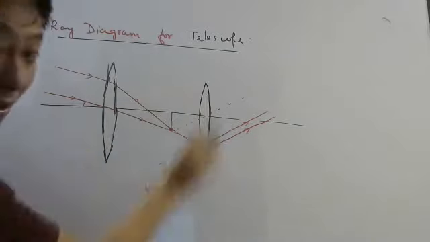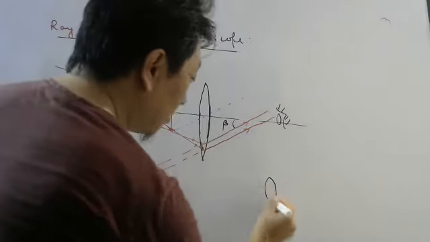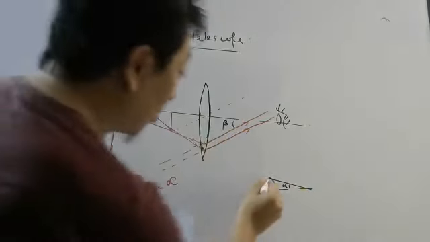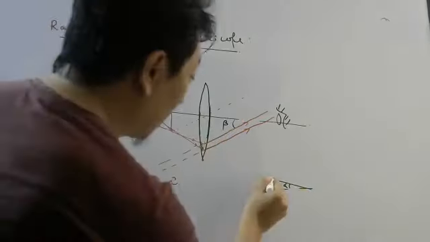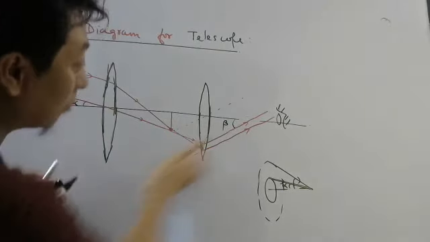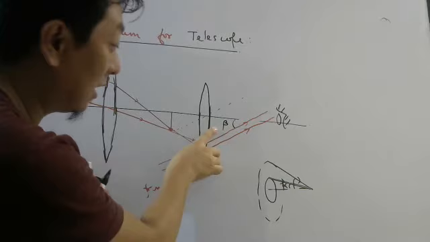Now your eyes will be here, no, now. So you can see these rays are coming at what angle? Some other angle, beta. And if you look carefully, this angle is much larger than this angle. Understood or not? So without the telescope, if this is your moon, the angle was this much. With the help of the telescope, these light rays have been made to go like this, beta. So the image of the moon will appear bigger because the light is now falling at a bigger angle at your eyes.